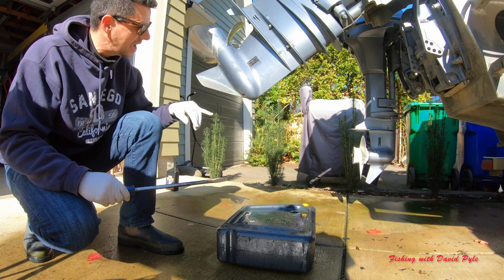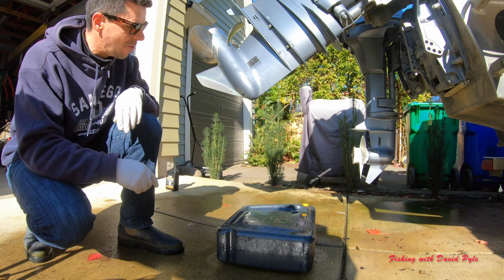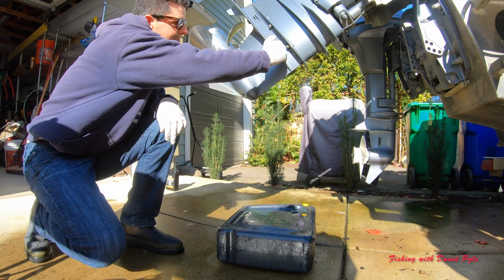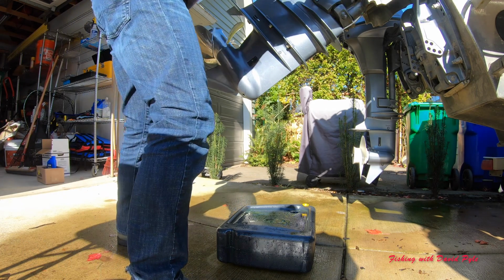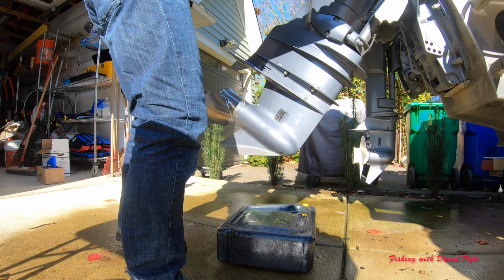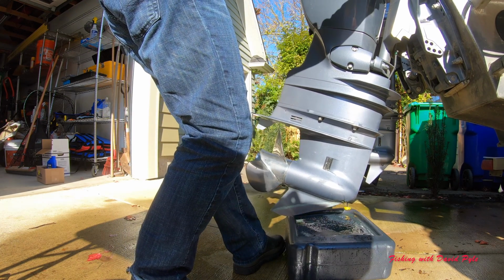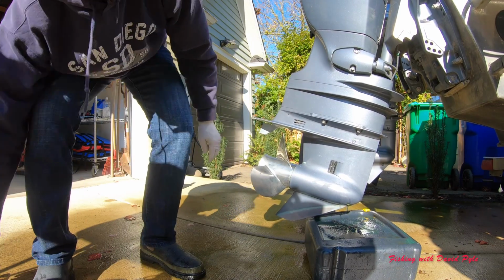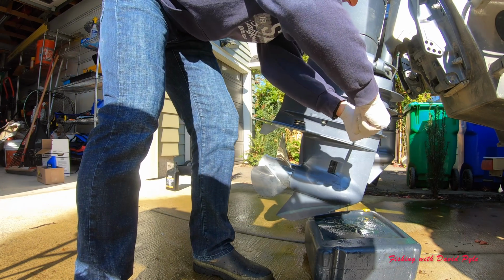And you can see it's just slightly dribbling out, and now I'm going to lower this, and you'll see as soon as I unscrew the top screw, it should start draining out at a really fast rate. So here we go. Okay, unscrew the top,